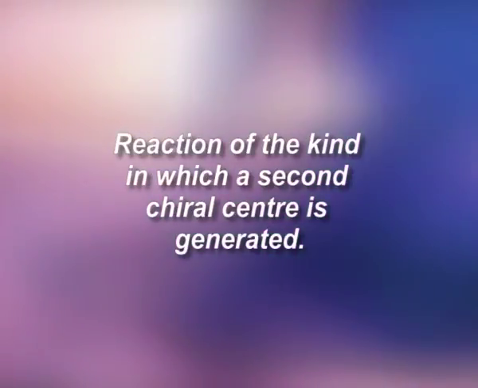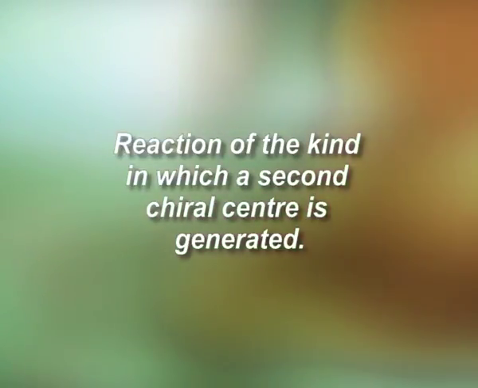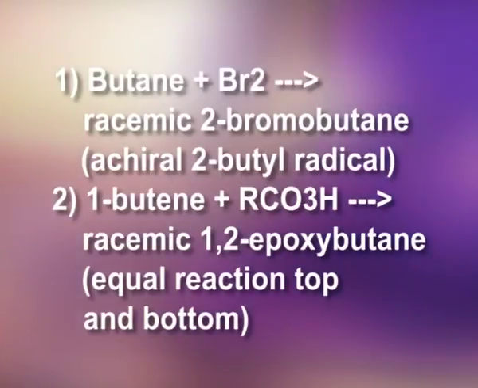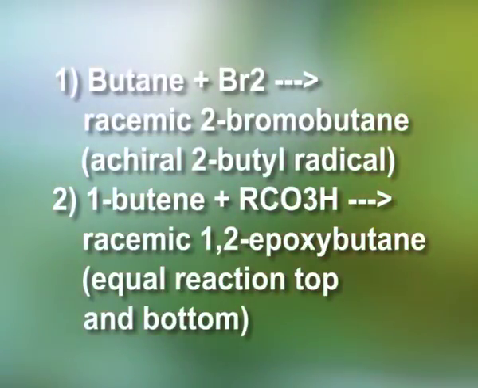Reaction of the kind in which a second chiral center is generated, means one more chiral center is generated. Reaction to a compound with optically active reagents, and the examples are: starting material with an achiral compound, the product will be achiral or racemic, like for the case of butane plus bromine. When butane reacted with bromine, a racemic 2-bromobutane product is observed,